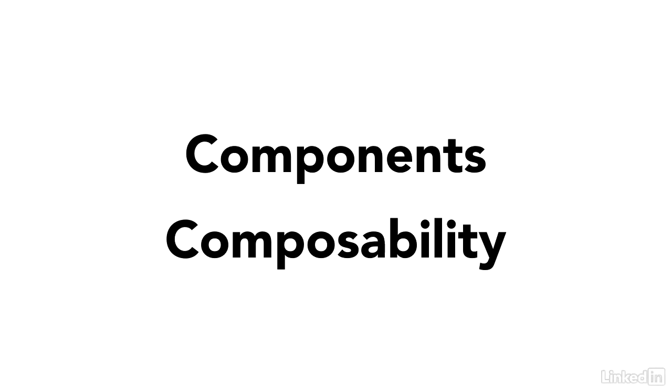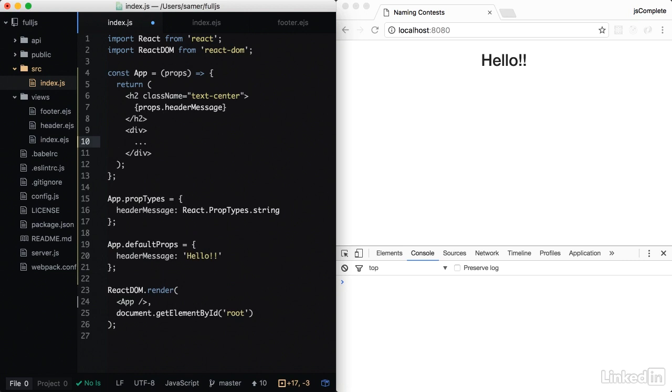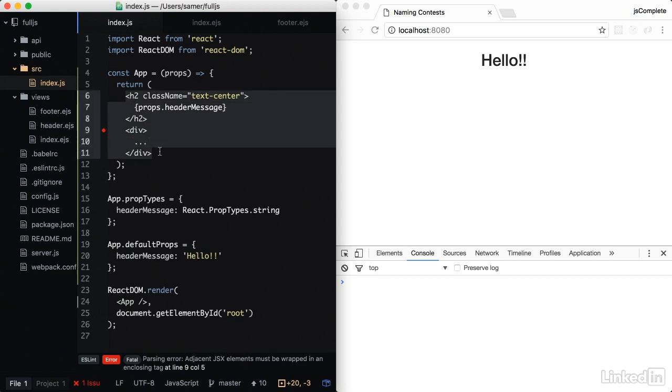Let's add some more content to our application. I'm going to put a div in here. And in the div, eventually, we're going to render our naming contests. For now, I'm just going to do 3 dots. And you'll immediately get a JSX parsing error that says these 2 HTML elements must be wrapped in an enclosing